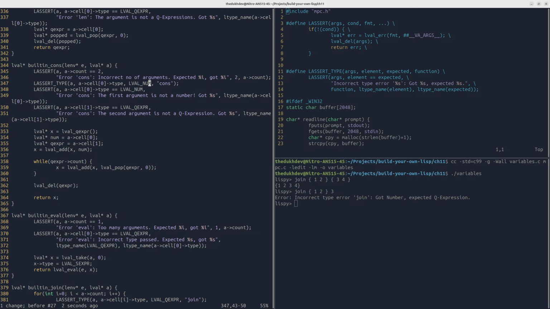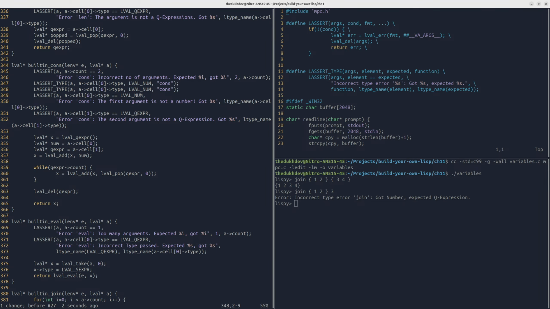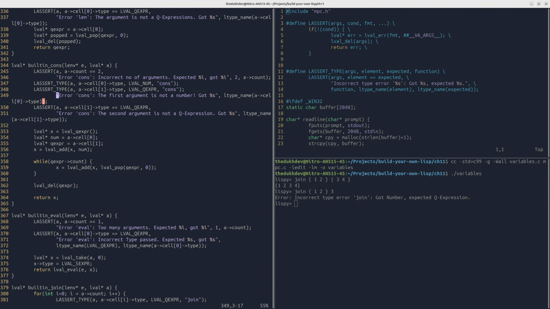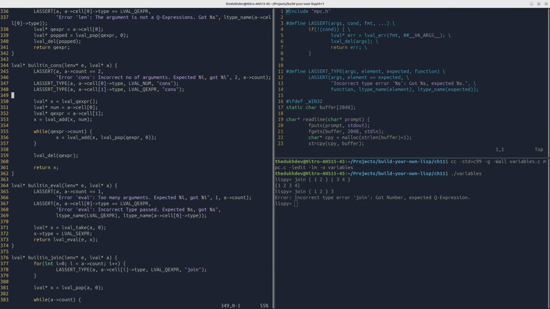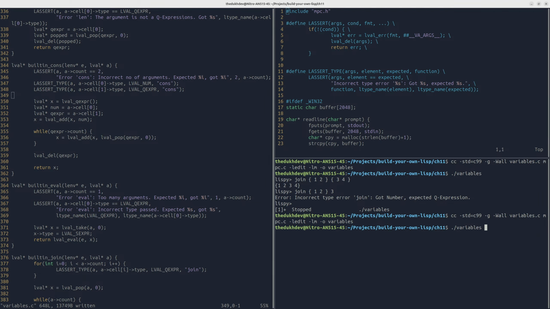Oops. Jank paste. I want the second one as well. The first one. This is gonna be a Q expression. Yeah, I think that's it. I can remove this. Wow. So if I rebuild it, if I run it,